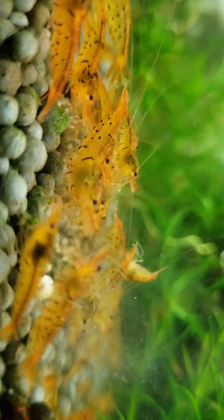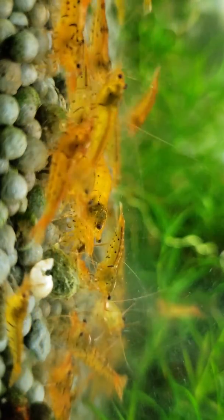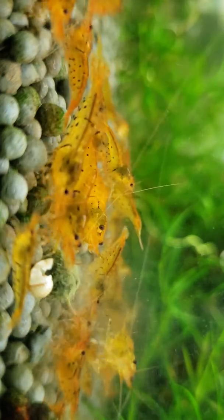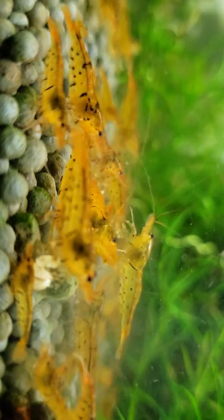You can do it however you want. I mean, you can feed them flake food, you can feed them tropical granules. I feed bug bites. I've been raising shrimp for so long on bug bites, and man, people say, "Oh, well,